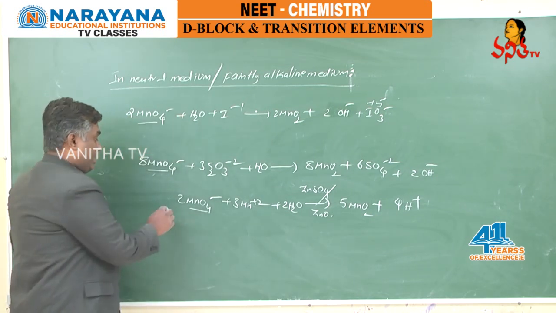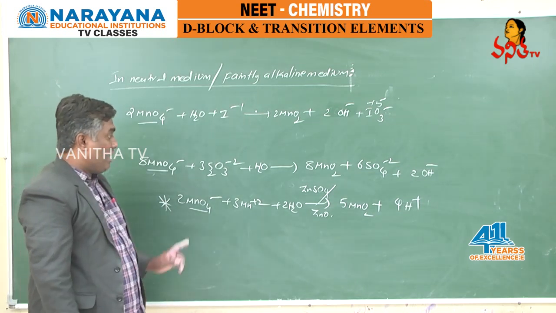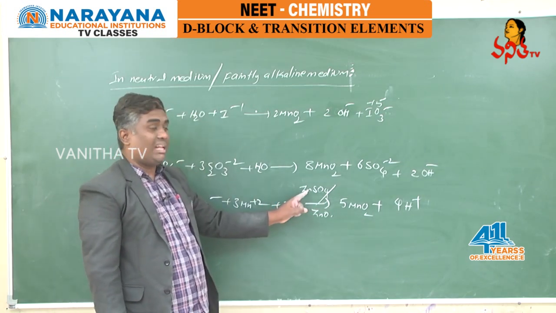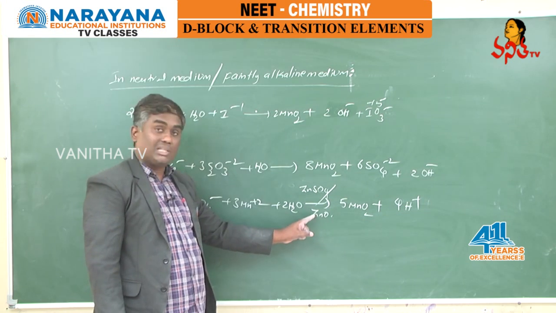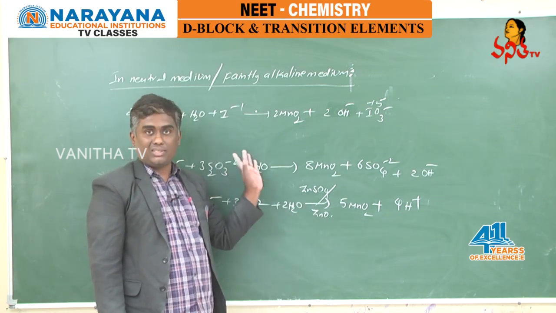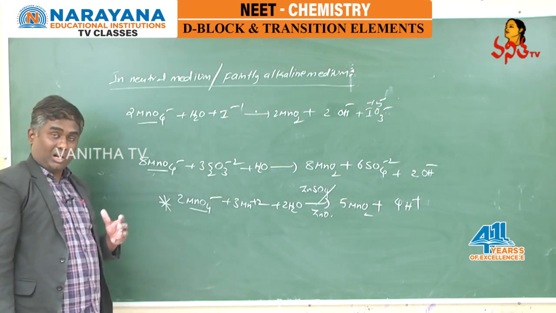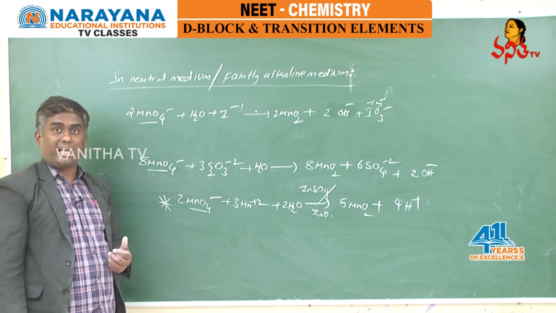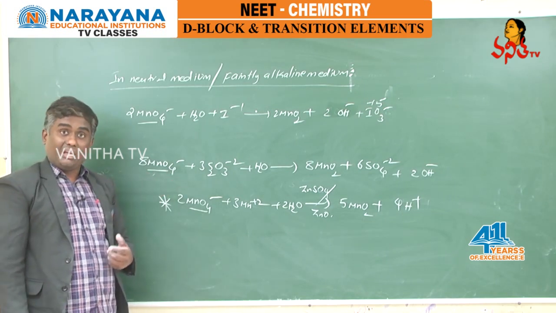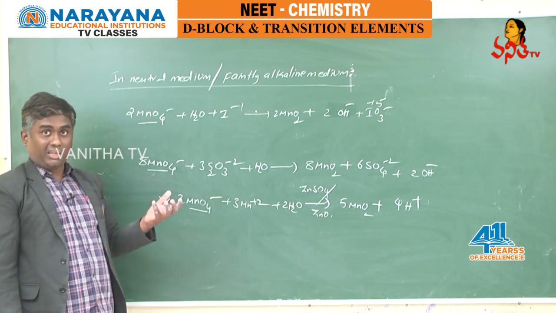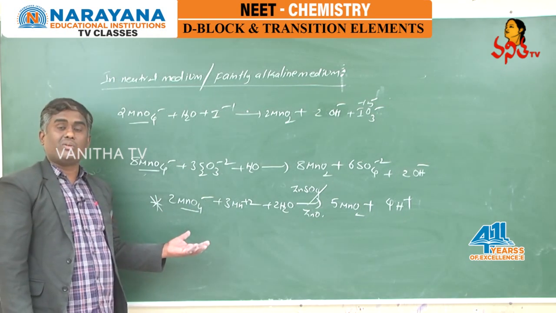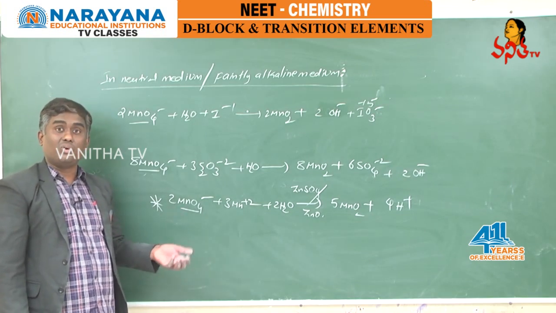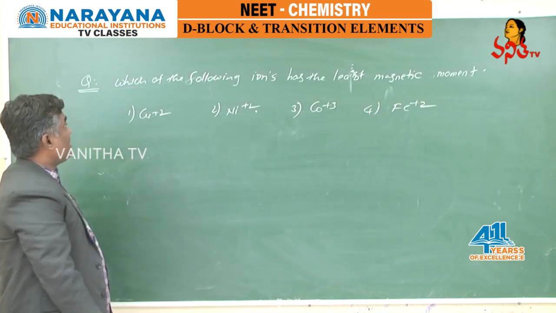Here, particularly this last reaction is important. The reason: Mn plus 2 is oxidized to MnO2. In this reaction, ZnSO4, zinc sulfate, or ZnO, zinc oxide, can act as a catalyst. And KMnO4 is not only used as an oxidizing agent in regular chemical reactions and organic reactions, it is also used in volumetric analysis. That is the use of KMnO4. KMnO4 can even be used as an oxidizing agent, or you can say a decolorizing or bleaching agent, in the cotton, wool and silk industry. Let us discuss one question.